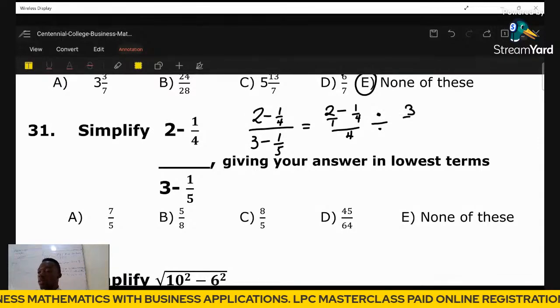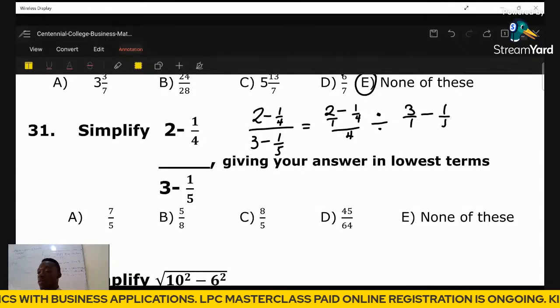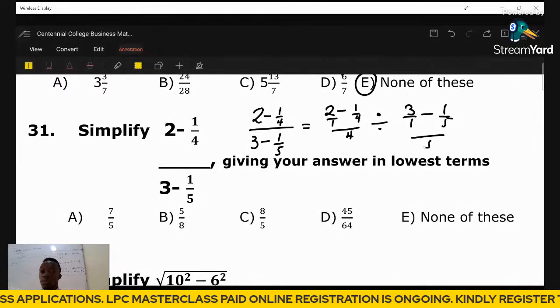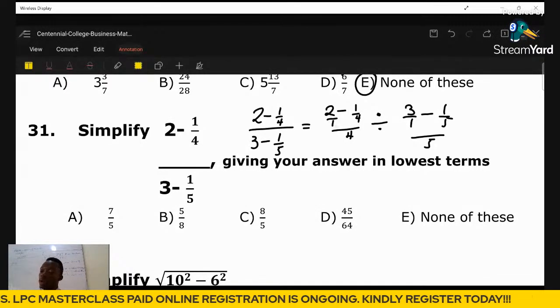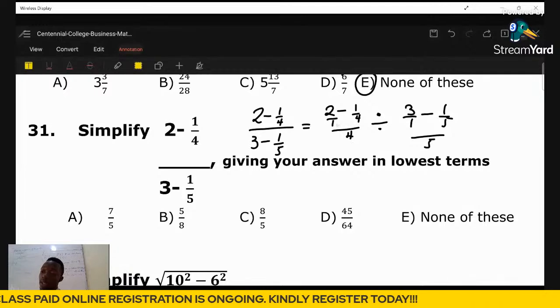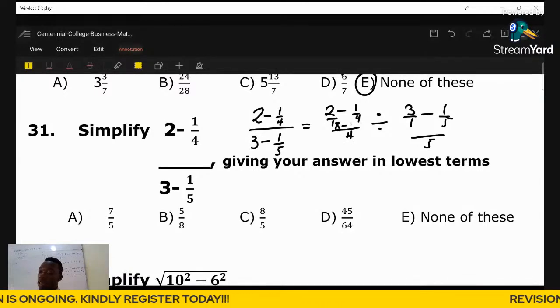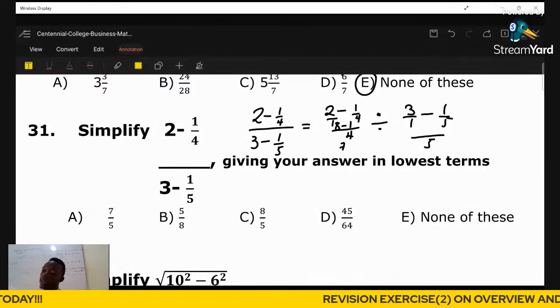So you have 3 out of 1 minus 1 out of 5. You also find the LCM, which is equal to what? 5. Okay, so 1 goes into 4 how many times? 4 multiplying 2, you are getting 8, minus 4 goes into itself 1, multiplying 1, you are getting 1 here. Okay, so we're going to have 7 out of 4 divided by,